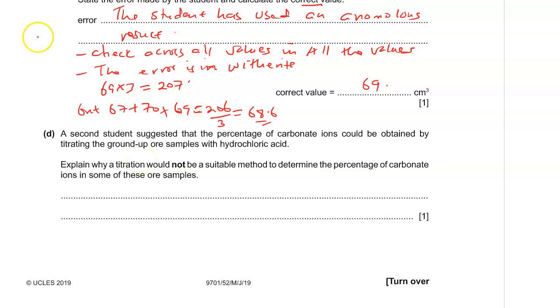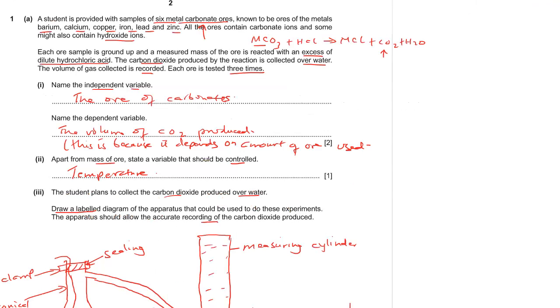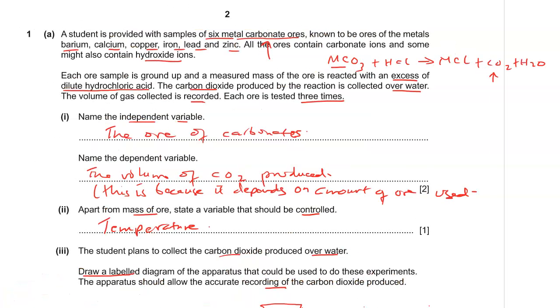Part D. A second student suggested that the percentage of carbonate ion could be obtained by titrating the ground up samples with hydrochloric acid. Explain why titration would not be a suitable method to determine the percentage of carbonate ions in some of these ores. You remember, some of these ores, it is said that they contained, let me point that out to you,